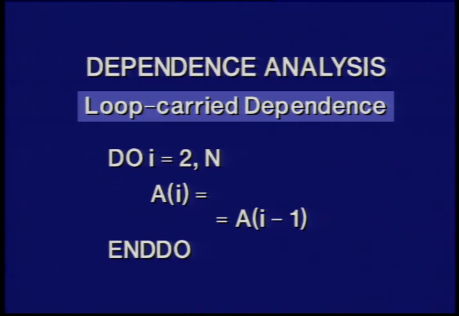Here's another example of flow dependence. The value is being transmitted by the program. However, it's carried by the loop, because where I have A sub I on the left-hand side in the first statement in that loop, I'm storing into an element which will be used on the next iteration of the loop, where I have A of I minus 1. So I have to retain that, and in fact, this particular loop could not be executed as a do-all, where there's no coordination between iterations of the do, and where they could be executed in any order.